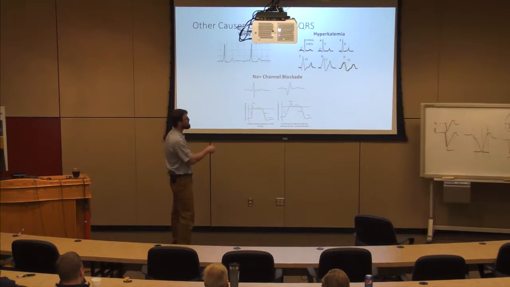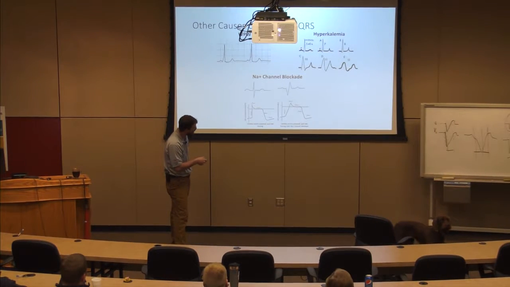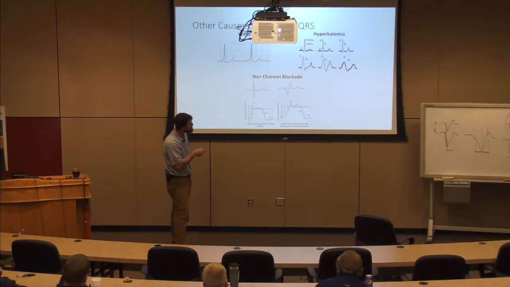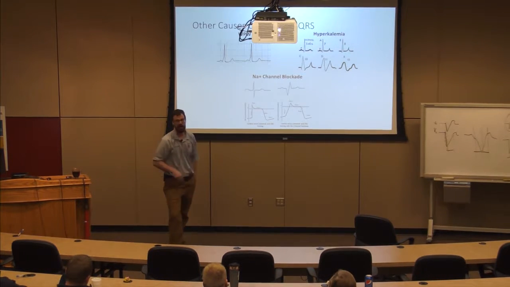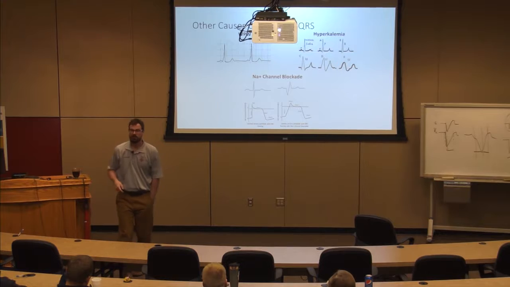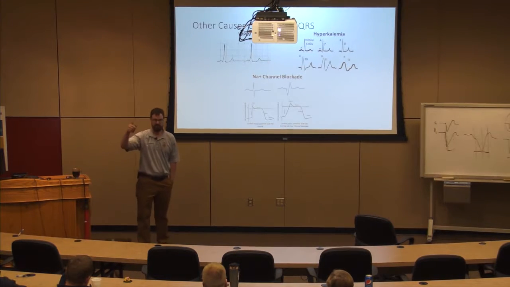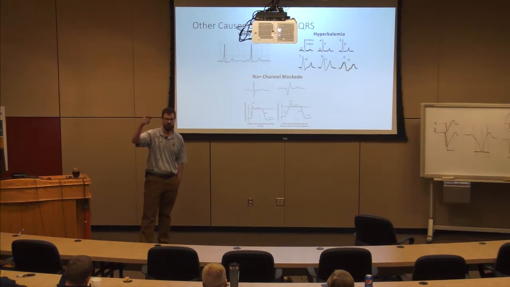What about sodium channel blockers? Sodium channel blockers take my action potential and widen it out, slow it way down. That depolarizing event, look at the slope. Look how long it takes me to depolarize that cell. So what happens is I get a wide QRS. But look at this. It's wide through the whole thing. It's not bundle branch wide. It's diffusely wide. Okay?